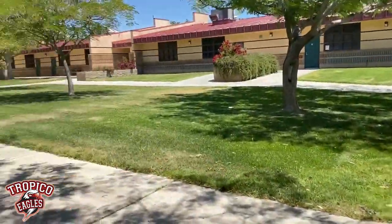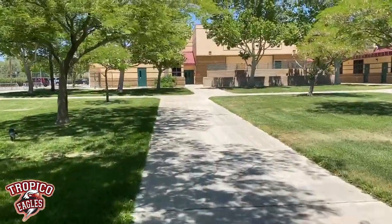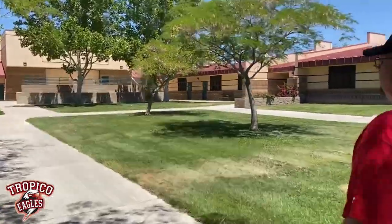No matter what, even if you are leaving from the field, the sports field or the cafeteria, a staff member has to tell you that you can go to the office. So in the sixth grade quad, you're going to go straight or hang a left. We're going to go to our office. Okay? Now,